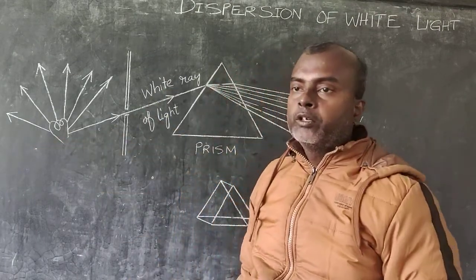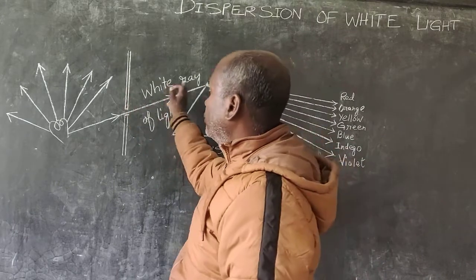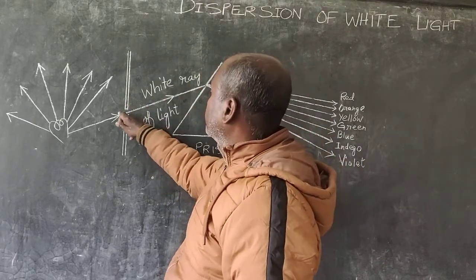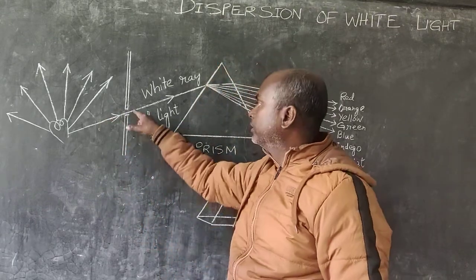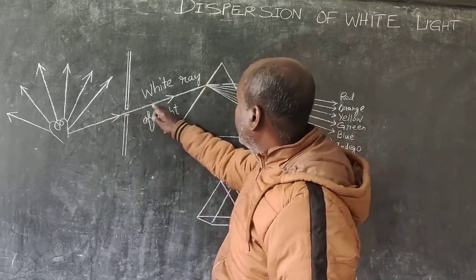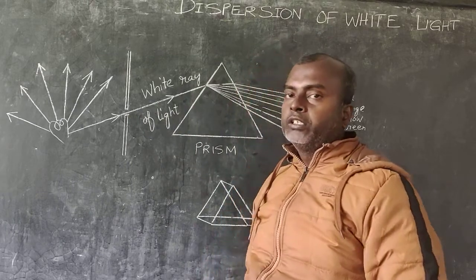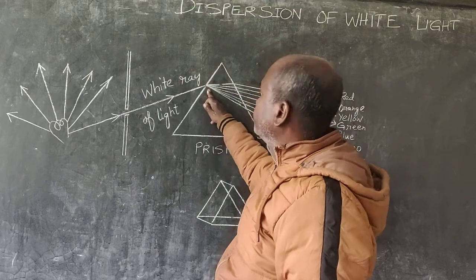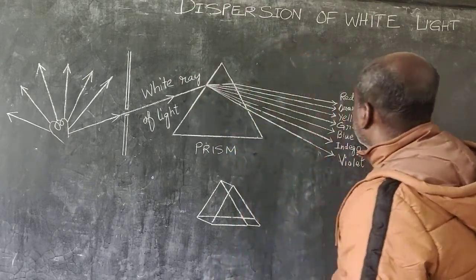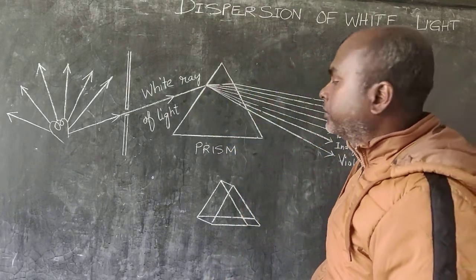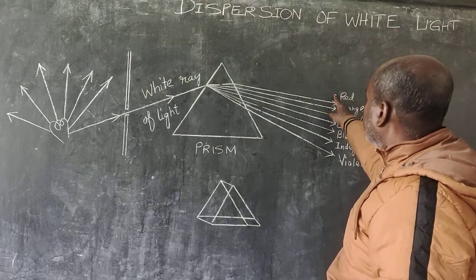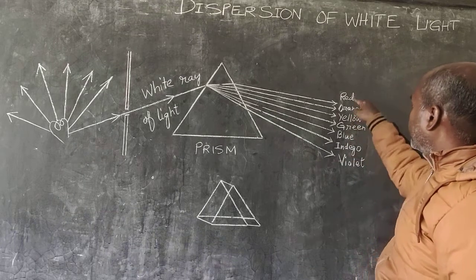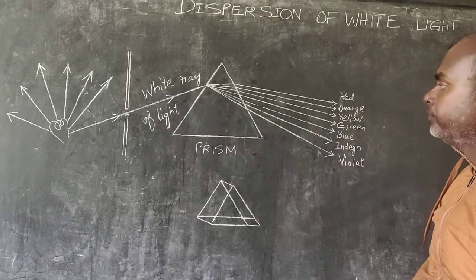You know, cardboard is an opaque object. It will not allow the light to pass through it except for that one ray which will pass through a very narrow hole in this cardboard. Now this white light is made to fall on this prism, and as soon as it falls on this prism, the white light is separated out into its 7 colors. You see on top red color and on the bottom violet color, and the remaining 5 colors are arranged as it is shown on the blackboard.